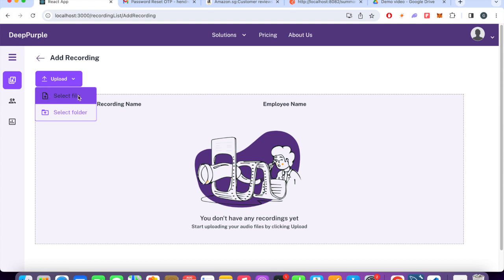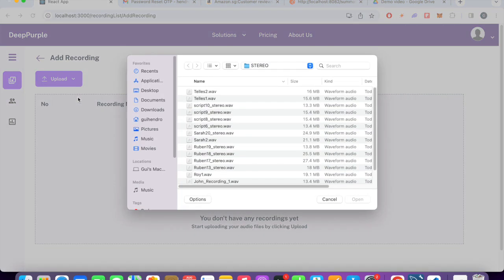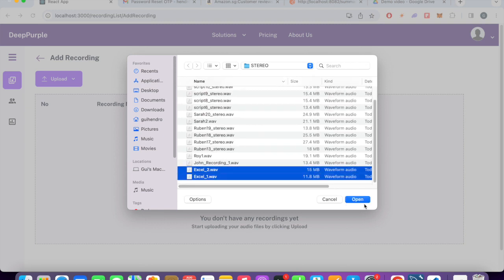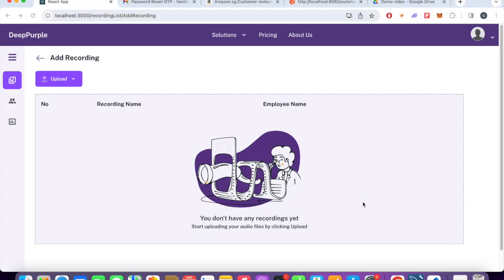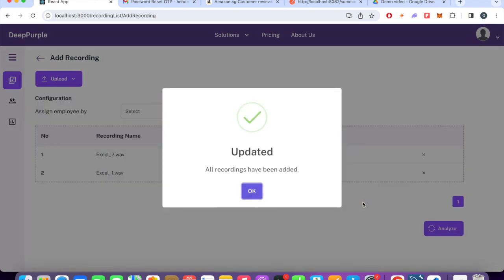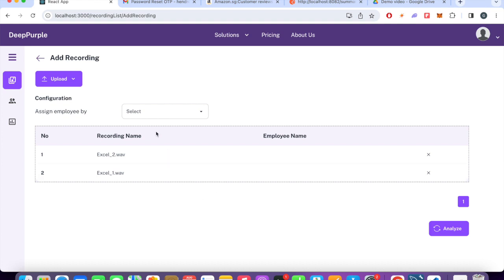There are 2 options where you can upload files or folder. For this demonstration purpose, let's go to the select file. Select the files that you want to upload and click open. After the recordings have been successfully uploaded, it will show a message. Click on OK. Now, to assign the recording to the respective employee, in this case Excel, there are multiple options